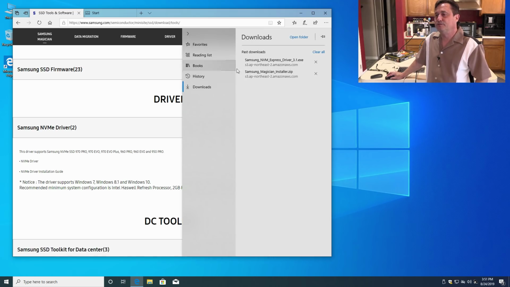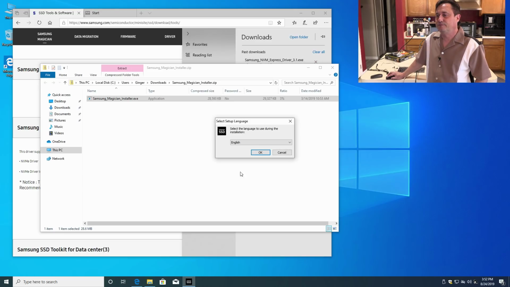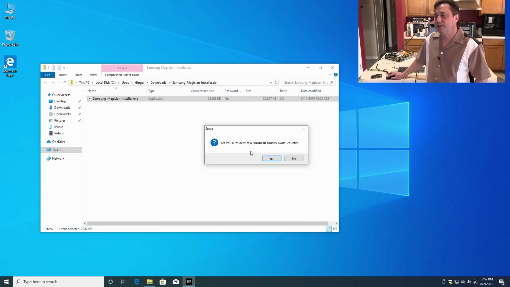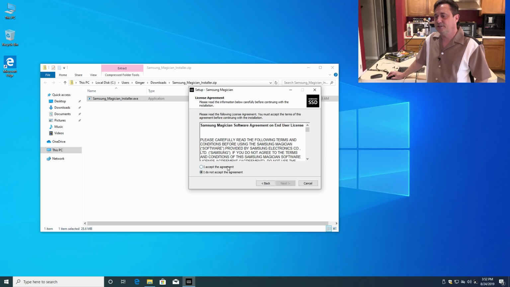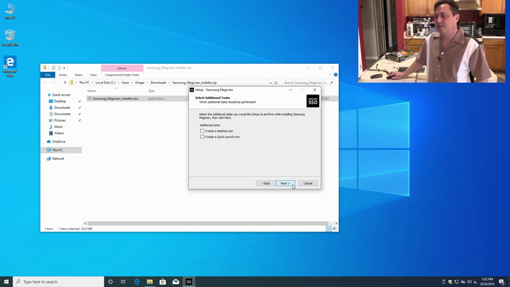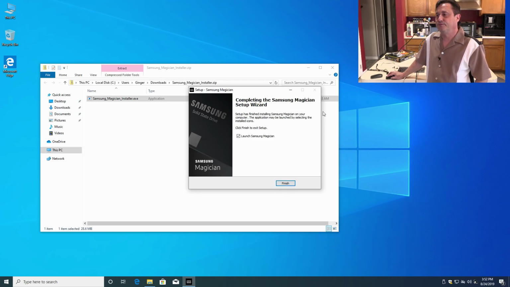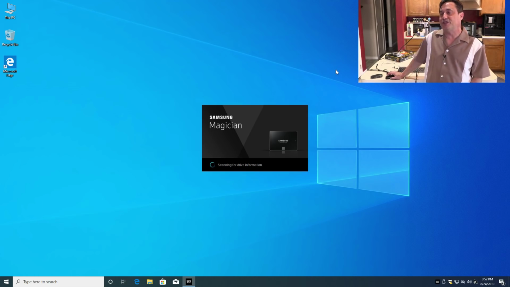We view our downloads. First thing I want to do is put the Samsung Magician installer. Put that software on there first. I can close the browser. Are you a resident of a European country? No. Next. Agree. Next, next, next, next. Install. And we'll finish, and it's going to now take a look and see if we have any qualifying products,